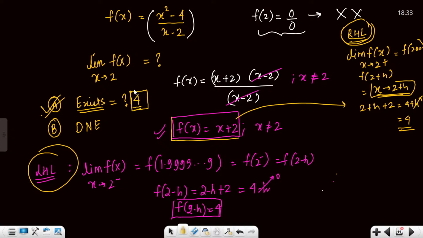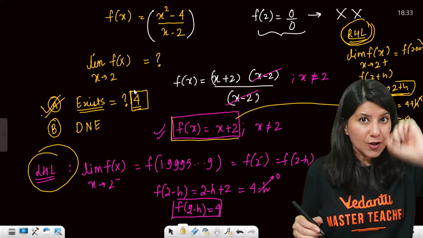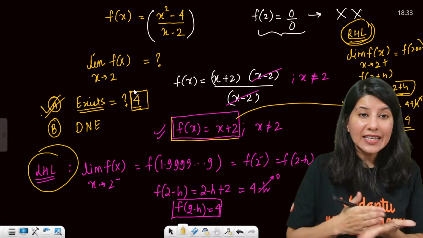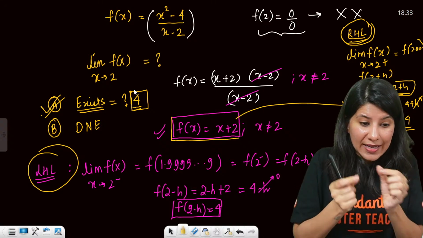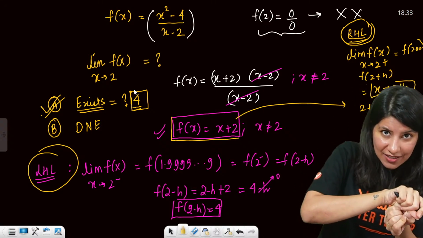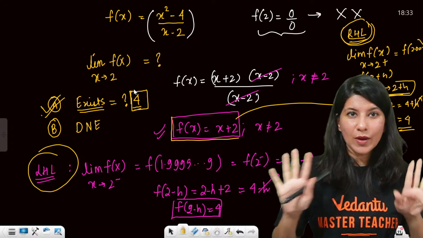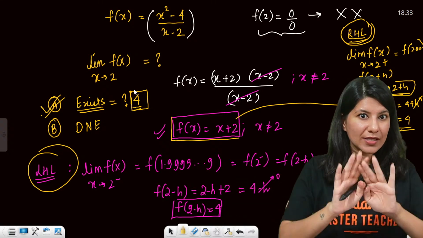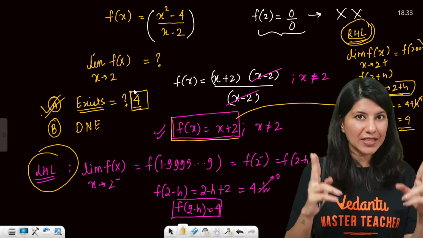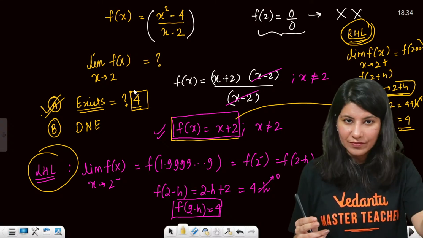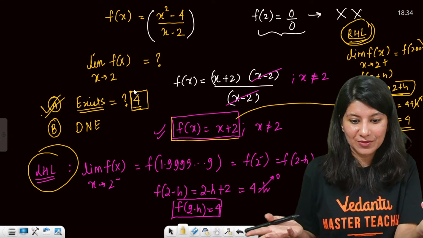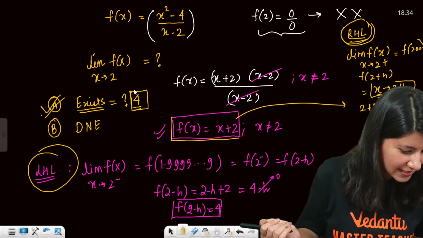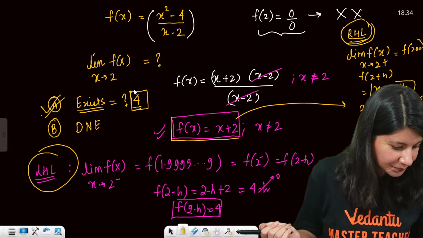So can you see, this is the best example. Here you can clearly see that even though something is wrong at x equals 2, at x just less than 2 and greater than 2, everything is fine, and they are equal as well. So we can say that yes, the limit exists, although for f of 2 the situation is 0 by 0, a very wrong situation. Yes, clear?